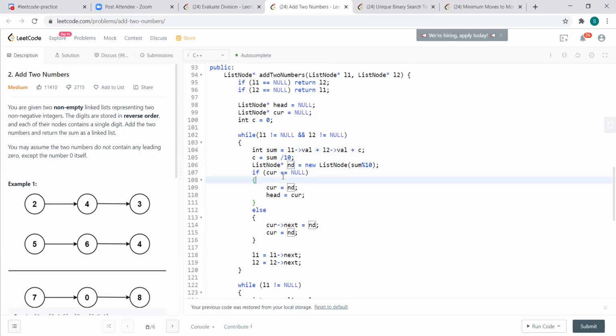Then if my current is null, I assign current to this new node, and the head I assign to current. Or else, I make my current next point to the new node, and then current moves to the new node. Then I keep incrementing my L1 and L2.